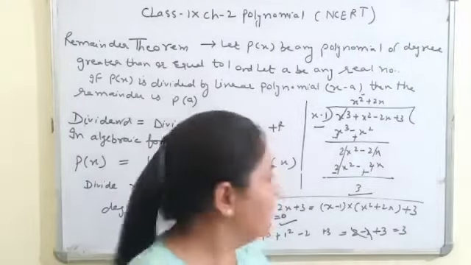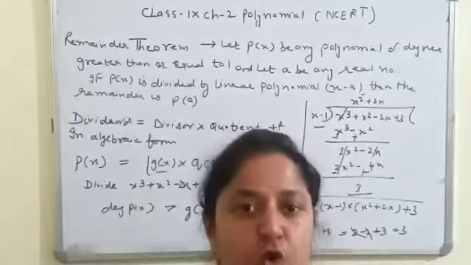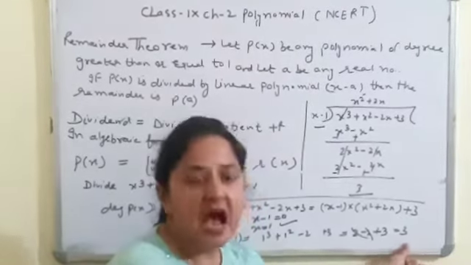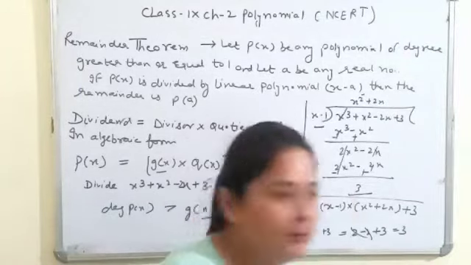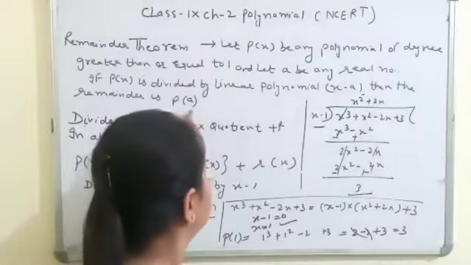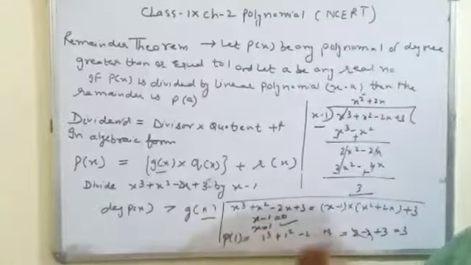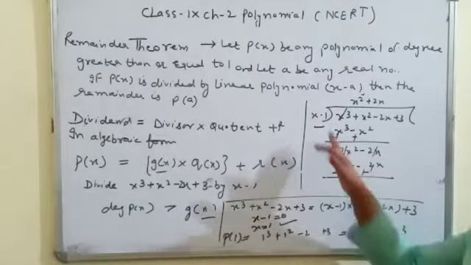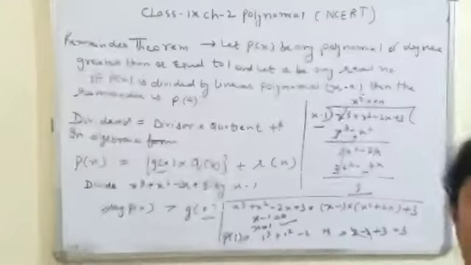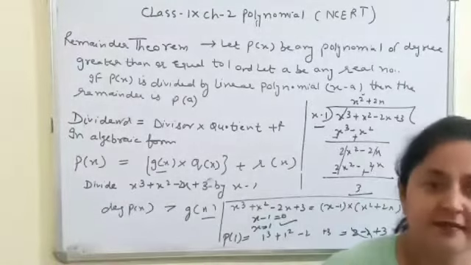We will find the zero of the linear polynomial, and after finding that value, we will substitute it in the given polynomial. After substituting, you get a result that is the remainder of the polynomial. So here you can say that the remainder is p(a). It means the value we substitute in the polynomial is the remainder by our theorem. So in the next questions we will directly find the zero of the divisor and substitute that value in the polynomial, and directly we can find the remainders of all the questions.